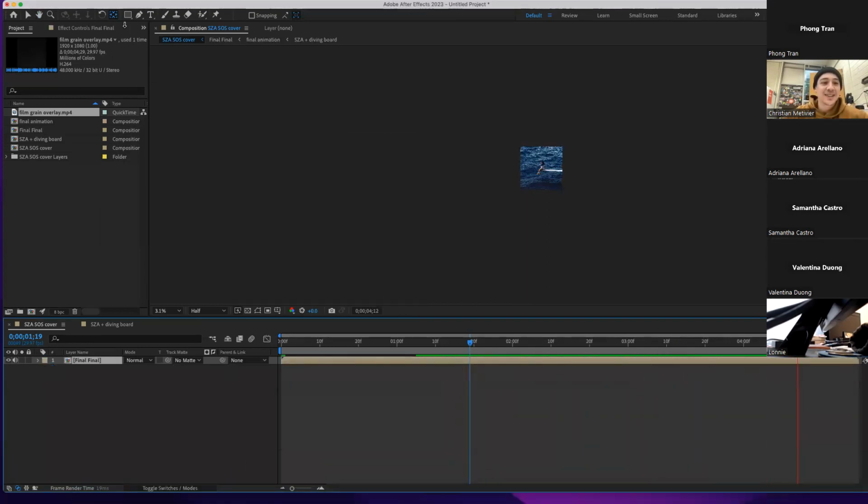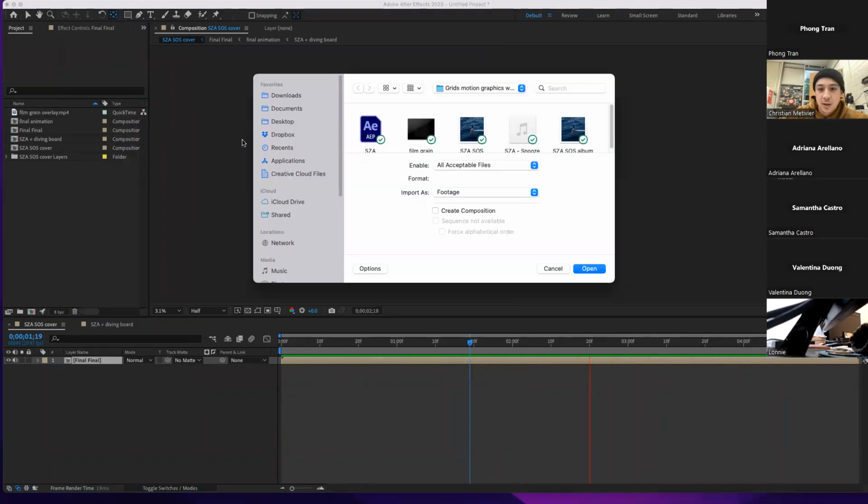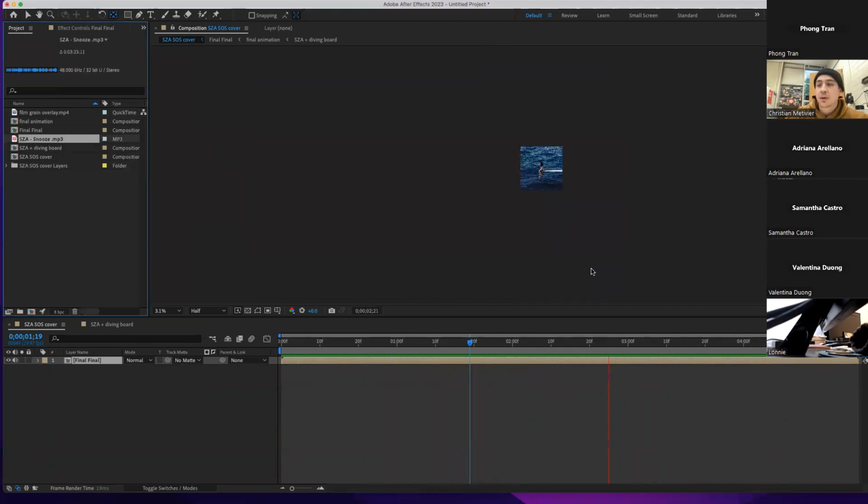Okay, so I'm going to go back to import, and then I'm going to import file, and I have an MP3 file right here from her album, and I'm just going to click on that and press open. Okay, and as you can see, it shows up right here in our browser. Okay, so for this one,